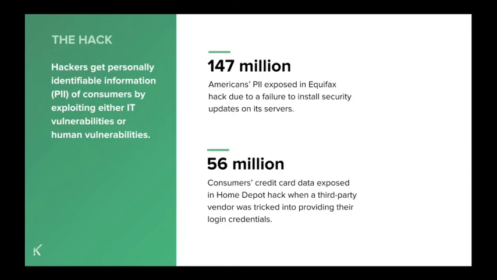A good example of this happened last year when hackers exploited a website application vulnerability over at Equifax. So this particular framework was pretty much prone to a remote code execution vulnerability, and what it did was it allowed the hackers to remotely run code on the website, which ultimately exposed the name, address, date of birth, driver's license, and social security number of more than 147 million customers. Obviously very well known.